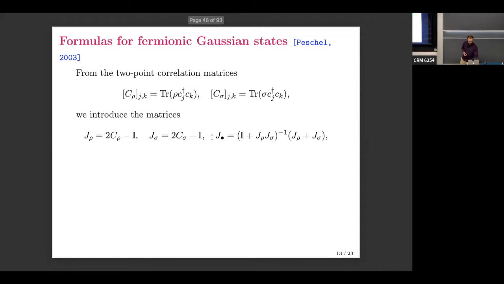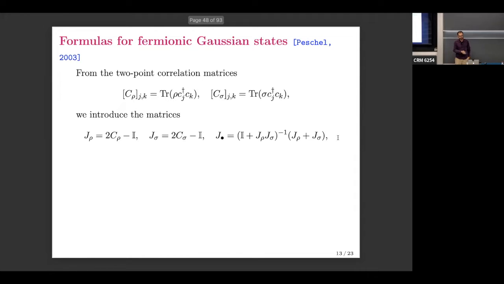But this J dot now is a new object, which is given as a function of J rho and J sigma. But actually, if you are familiar with the computation of fermionic negativity, this is something you have already seen, because you have to compute a similar object if you want to compute a negativity. So here it's not the same context, but it's the same type of technicalities that lead